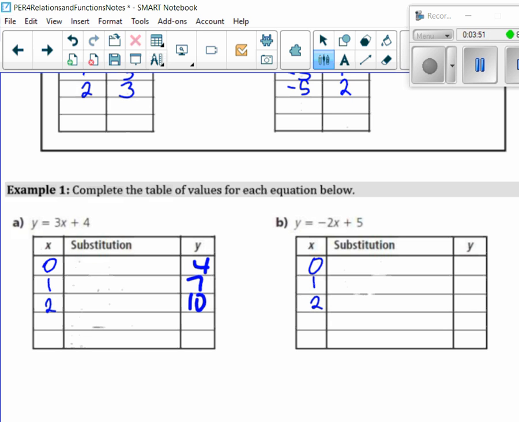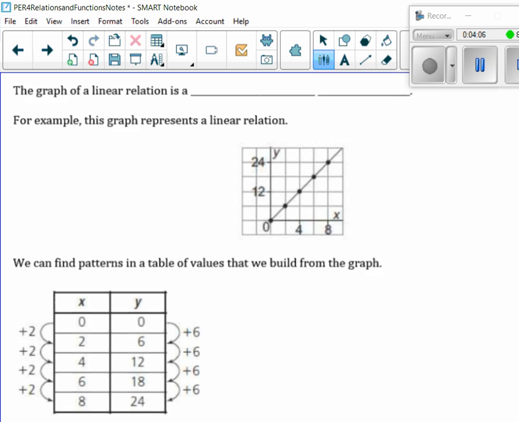Okay, so let's do this one. You get 5, you get 3, you get 1. Is that what you got? Okay, and what's my check system? X's are going up by 1s. The y's are going down by 2s. Okay, so